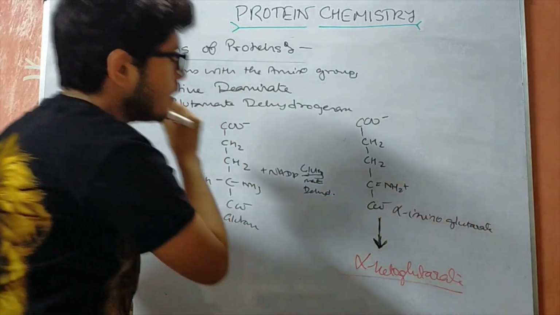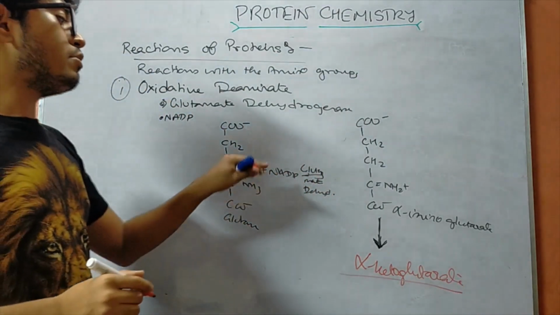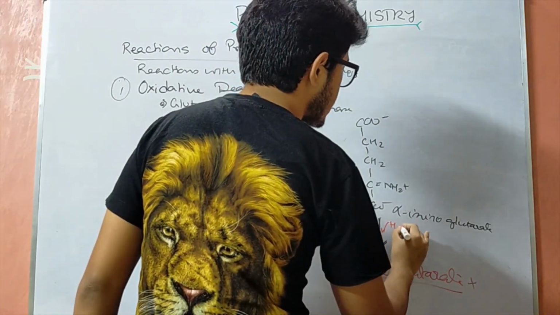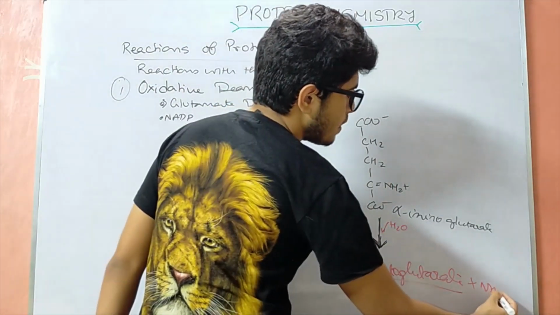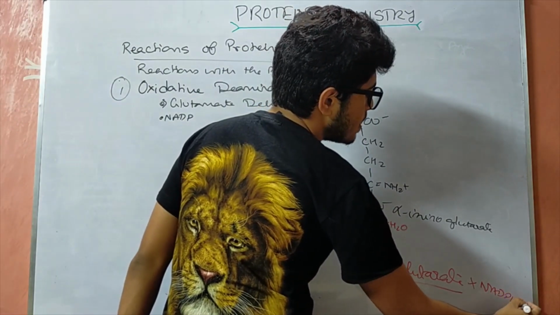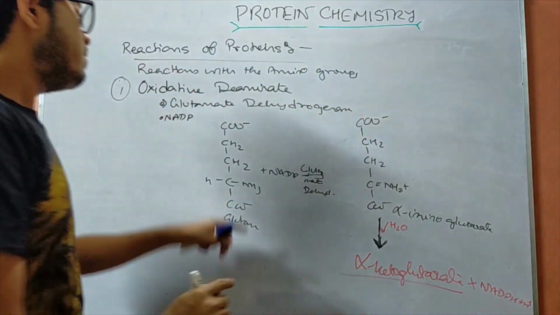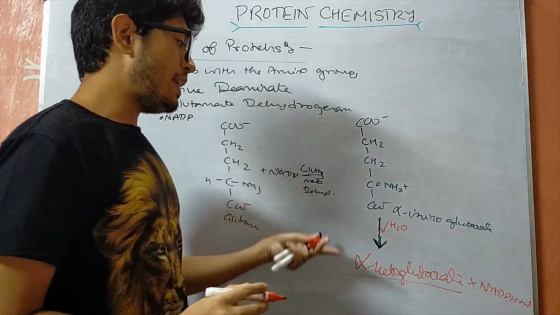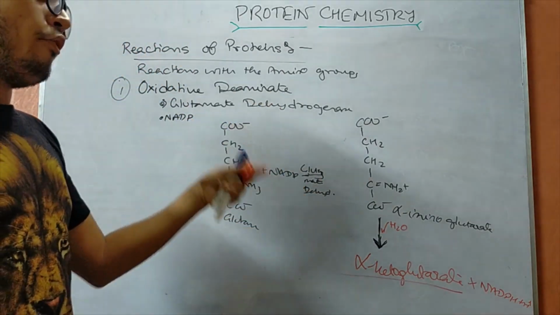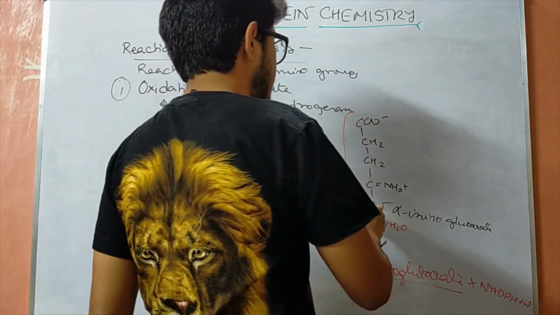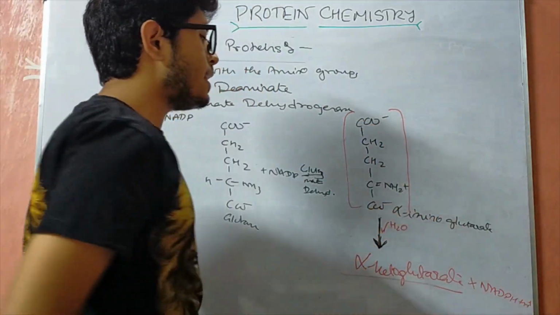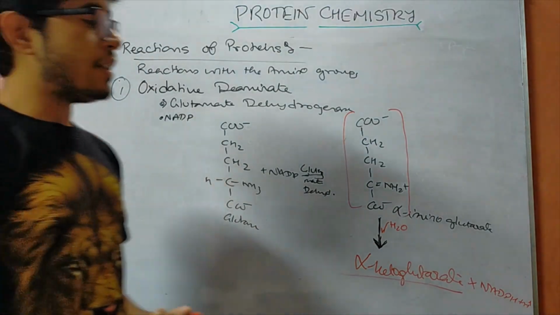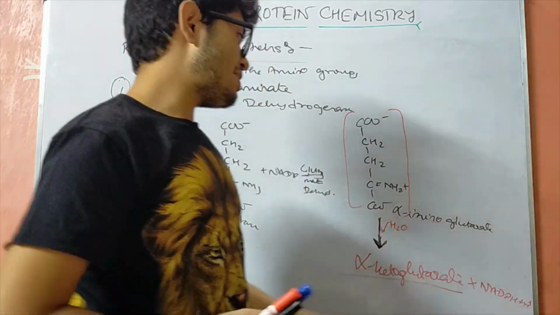So first we see glutamate reacting with NADP. Here a water molecule is entering, and it will finally give rise to NADPH plus H plus. So the glutamate molecule reacts with NADP via glutamate dehydrogenase and forms alpha-aminoglutarate. This is a transient form, or an intermediate, which finally leads to the formation of alpha-ketoglutarate, giving rise to NADPH and an H plus molecule.